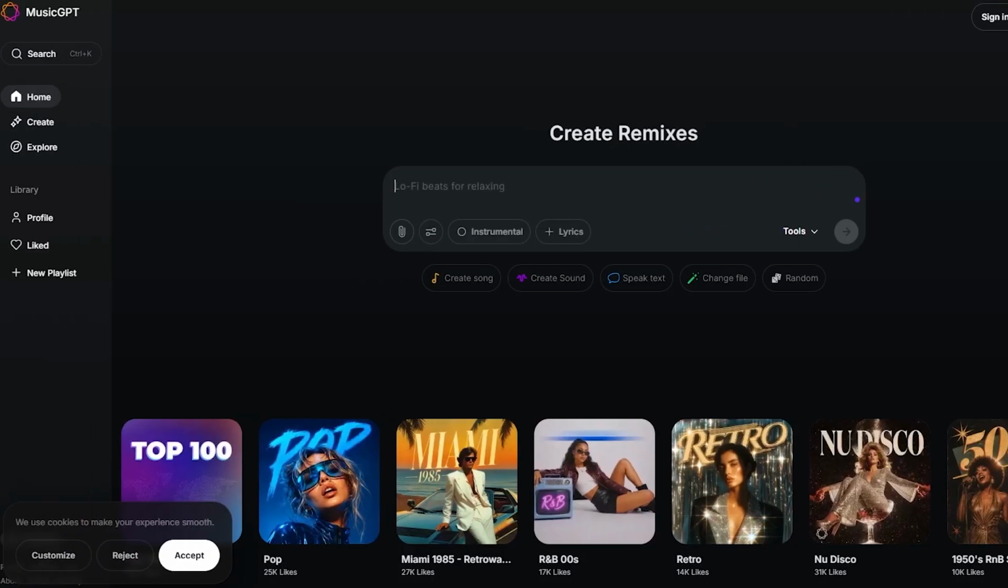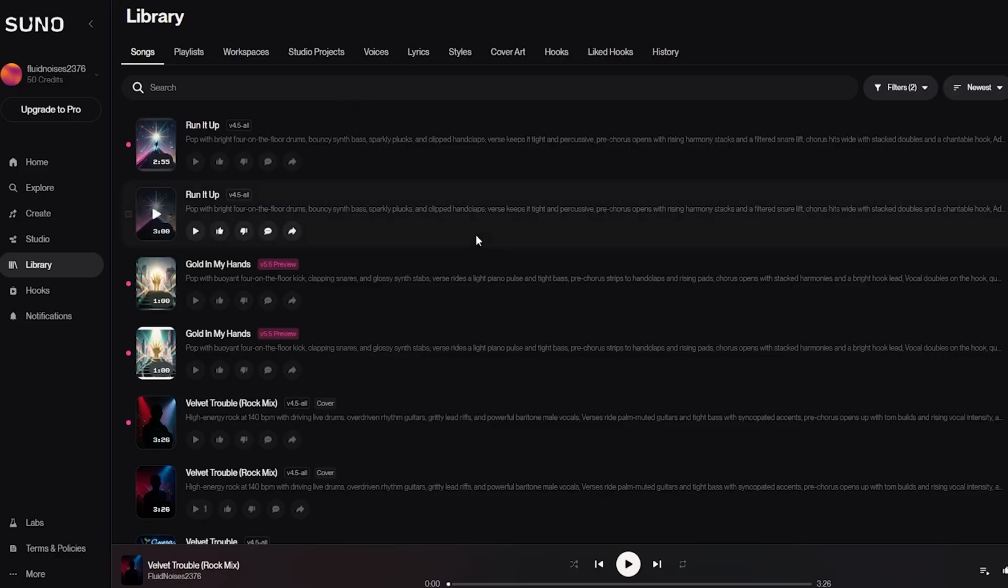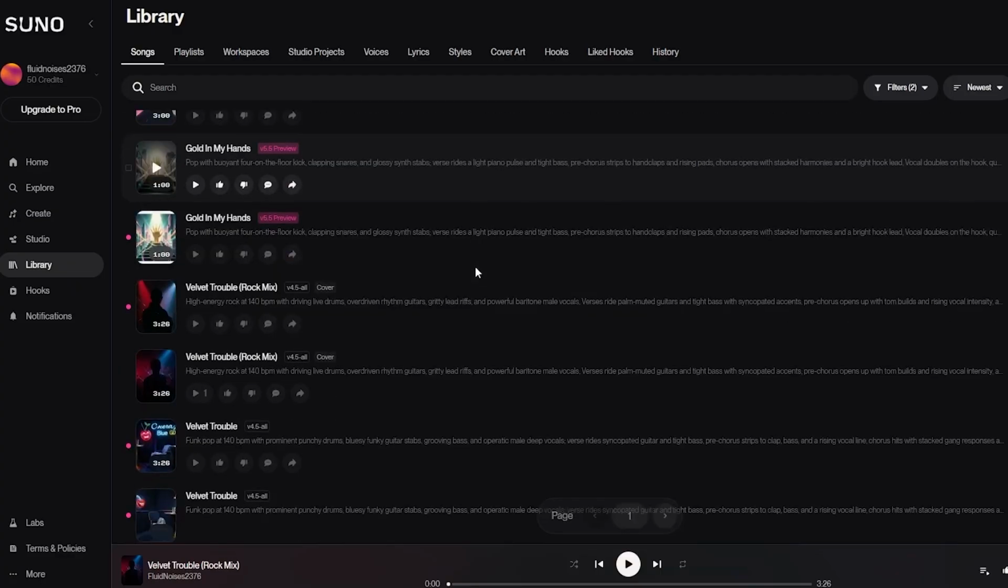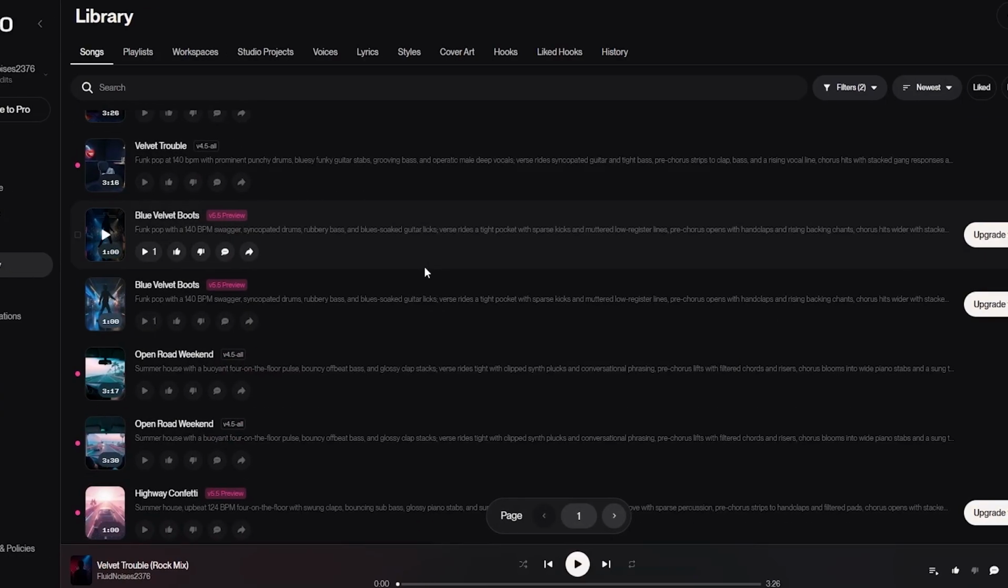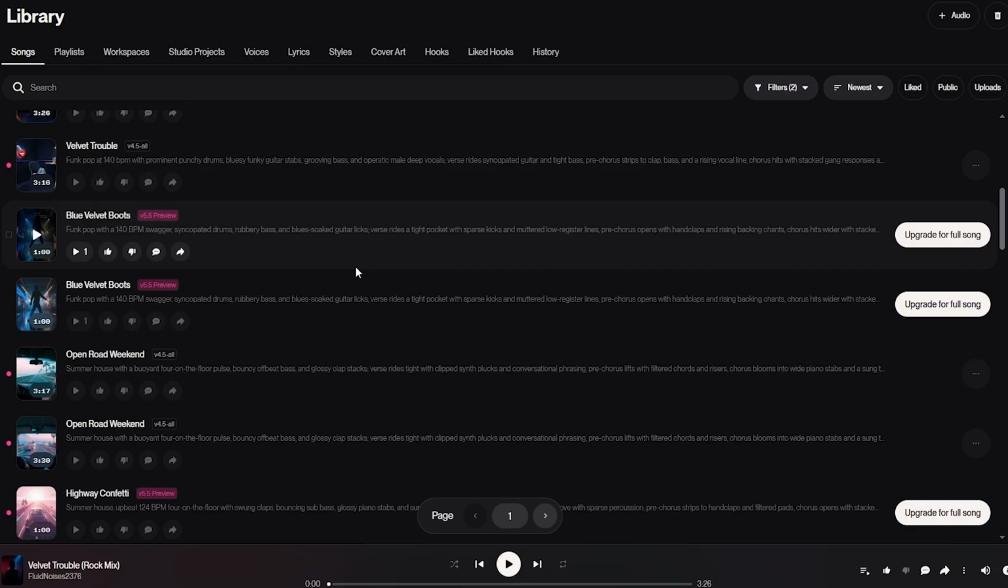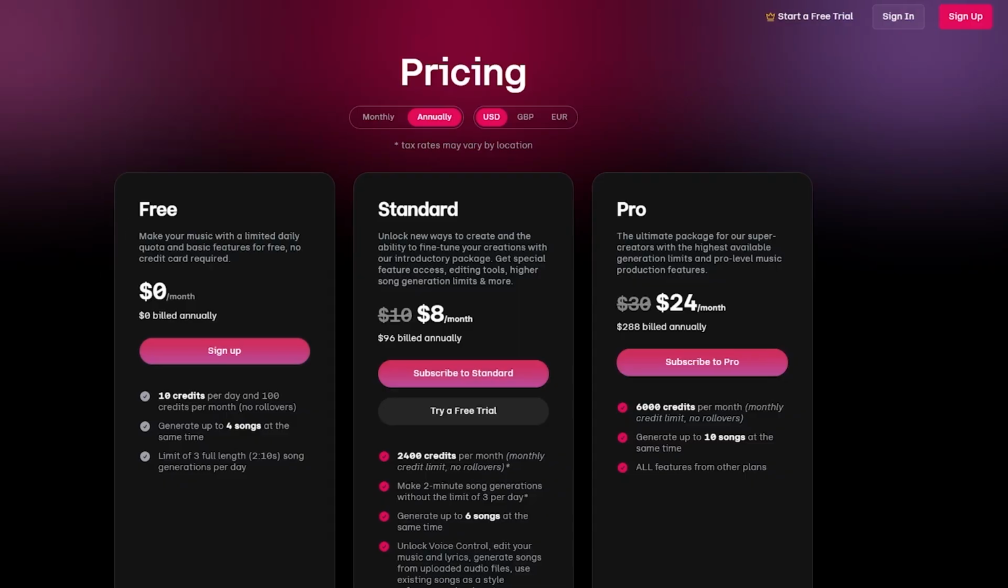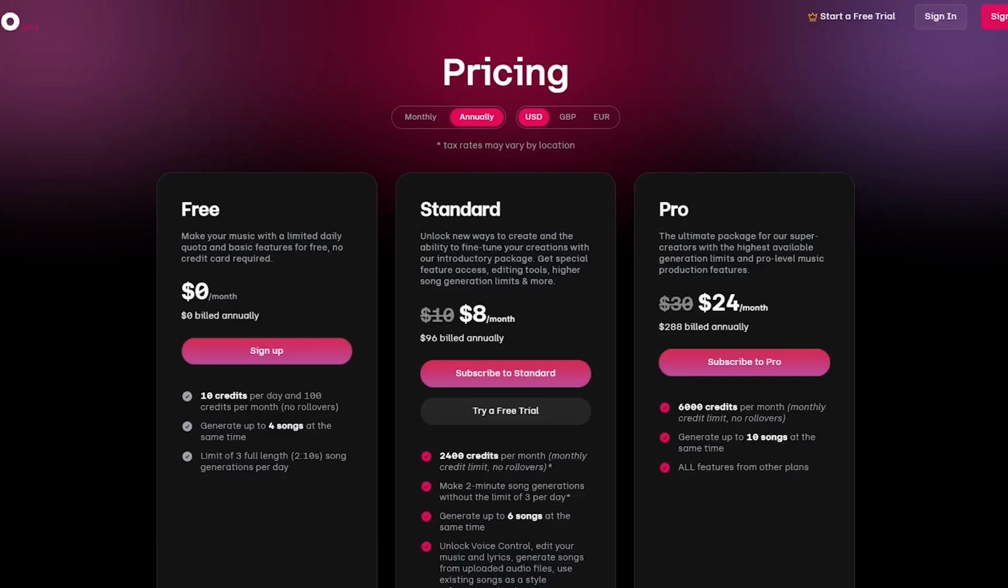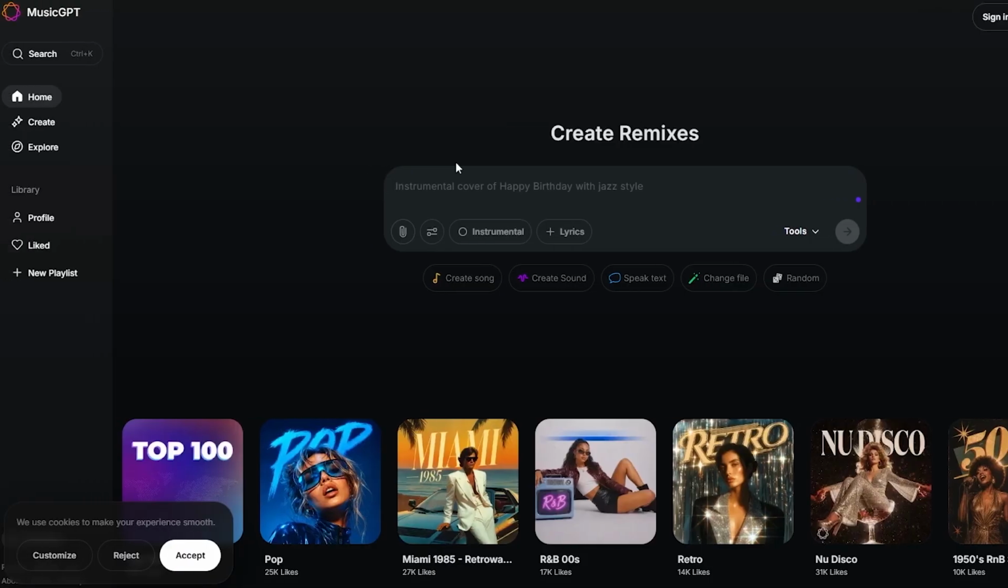Now, for pop and mainstream genres like pop, indie, country pop, mainstream pop, Suno is going to consistently produce the most polished radio ready output. The production quality is quite high and the vocals are natural. Udio is quite competitive but less consistent, and MusicGPT is going to handle these genres quite well but doesn't match